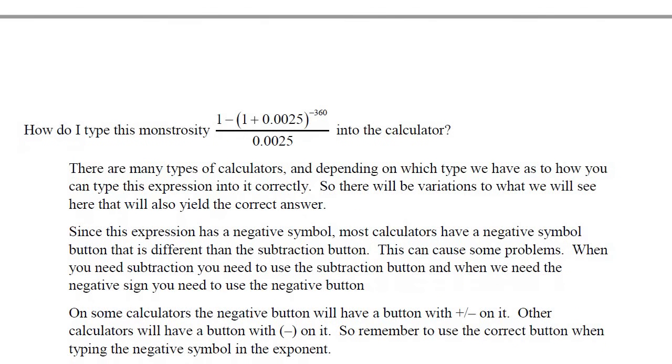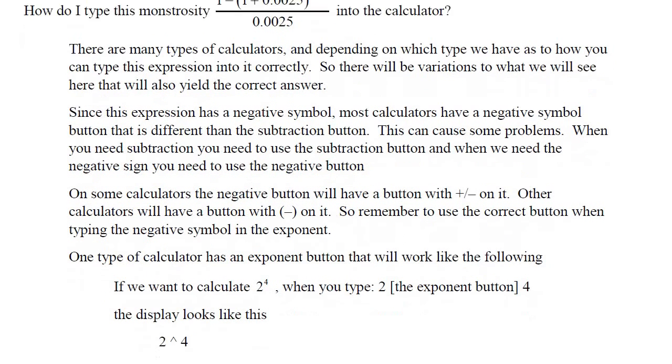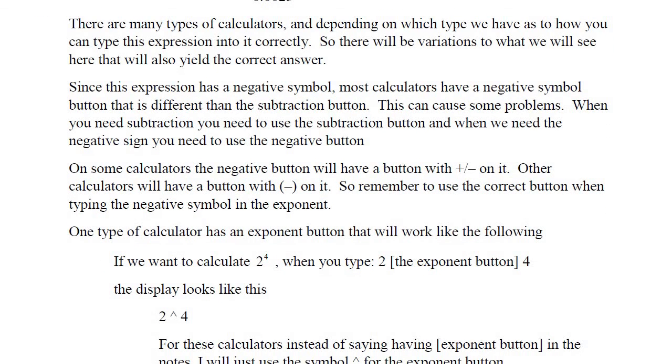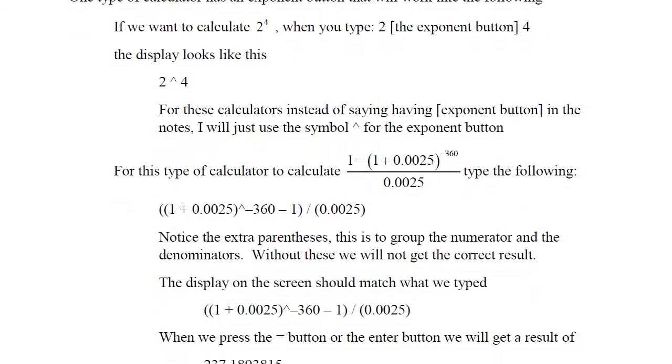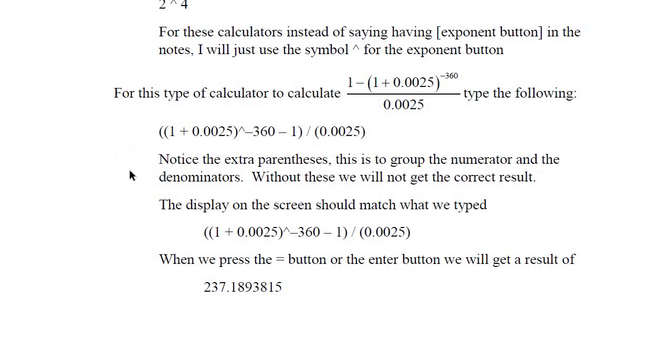And then lastly, let's put that last fraction into the calculator. Again, my same notes about the negative symbol and so forth, and my same notes about the type of calculator. If you have the type of calculator that uses the caret symbol, here's how we'd be typing that value in. Again, we're just trying to calculate the value of this big fraction. And as I mentioned, sometimes I refer to this as the big long decimal. So keying that in, making certain to use the negative symbol rather than the subtraction symbol, that calculates to